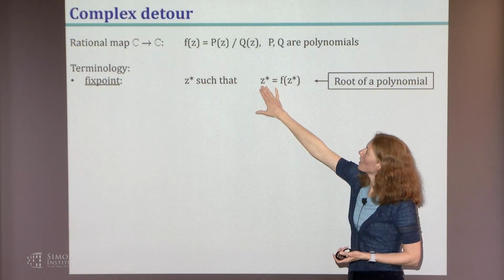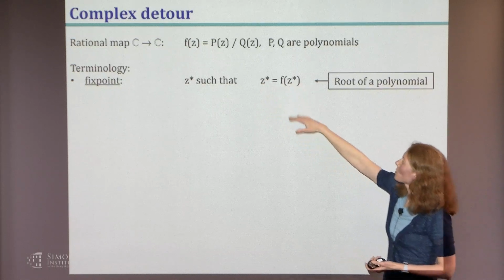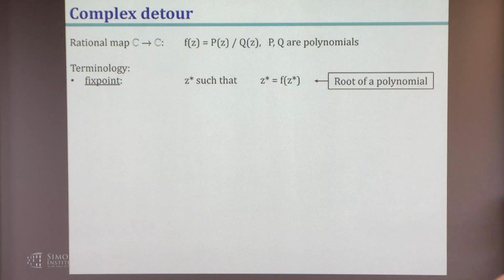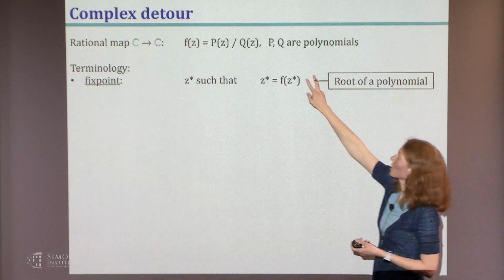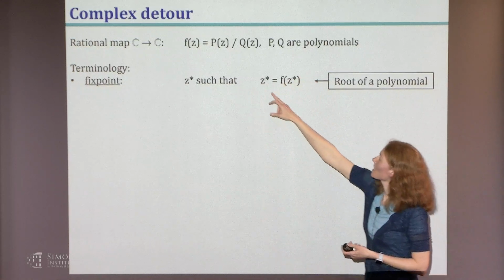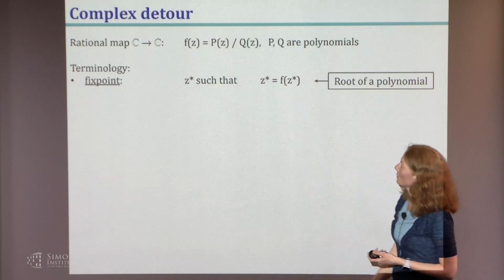So a fixed point is when the value equals the function value. But for rational maps, this is just a root of a polynomial,